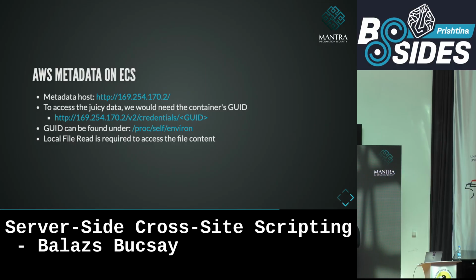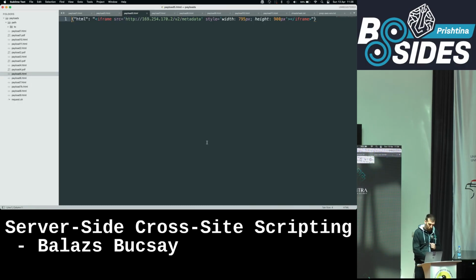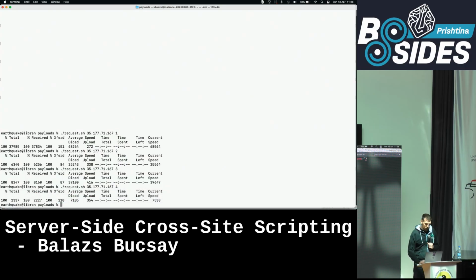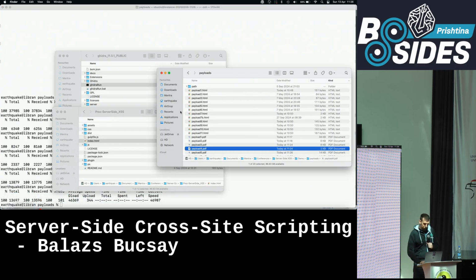So how do you get that? It's basically you go into that file and you read the content of the file. But I told you that we don't have local file read. So how do we solve that? Let's see the next payload, which is 5 and then 6. I'm going to execute those payloads on the server and render it to a PDF.